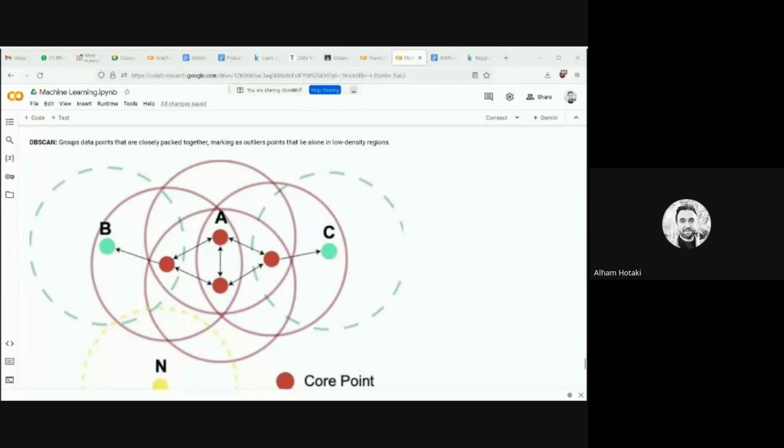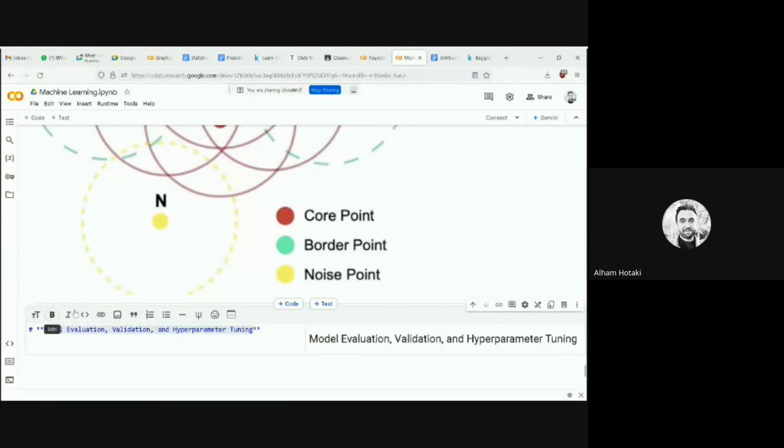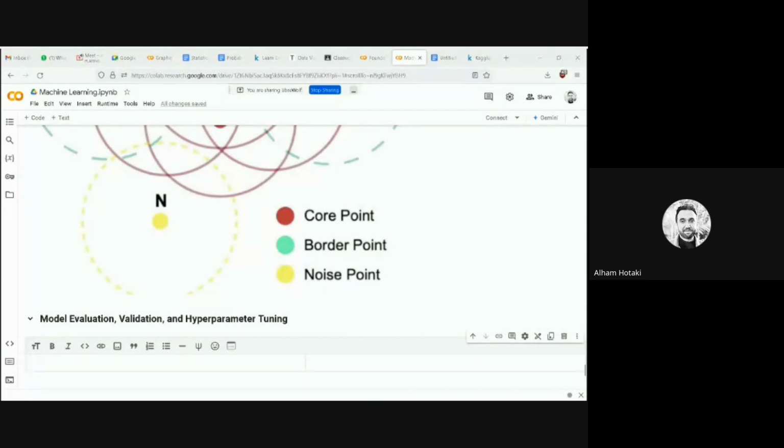And now we will be coming to another topic here. That's actually the model evaluation within these clusters. So we previously learned how to evaluate the models, validate, and hyperparameter tune the models. So previously we understood that. So currently we want to